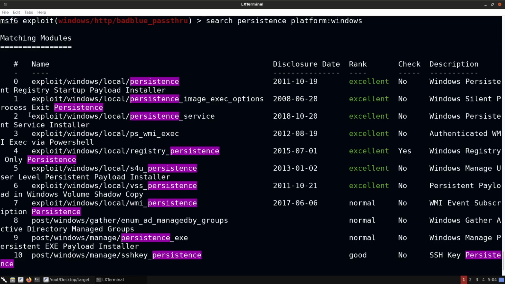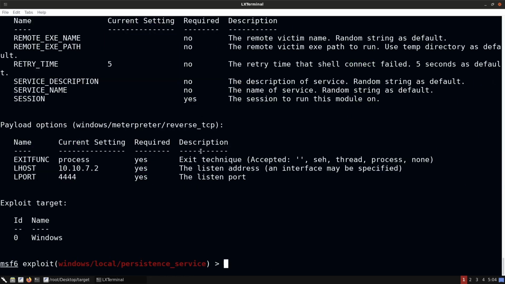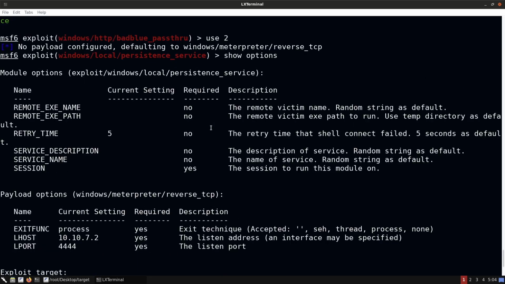Let's see if I can find it. There we are. Persistent service. So I'll say use module 2, right? And this is a post-exploitation module. So I can say show options, and I'll just change the LPORT to a different one because port 4444 is running. So I can set that to 4433. There we are. And we can then set the session ID. So I'll say set session 1. Now, this module is a good example